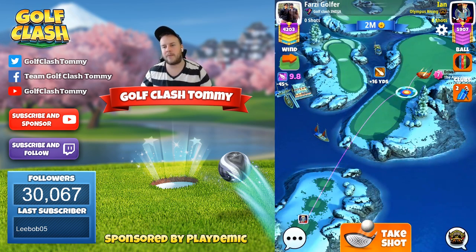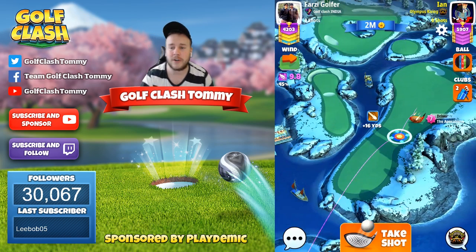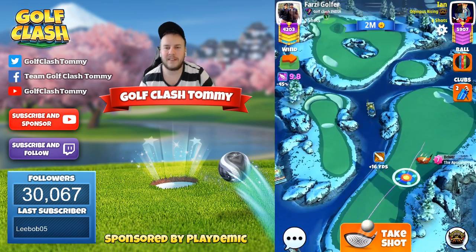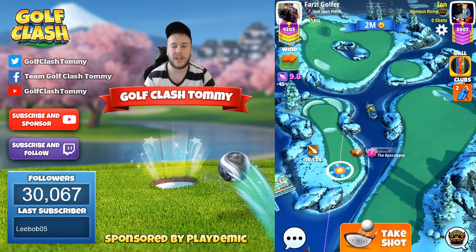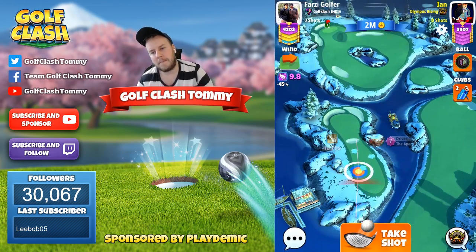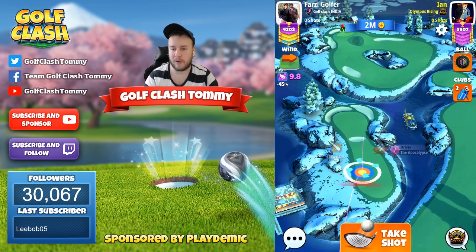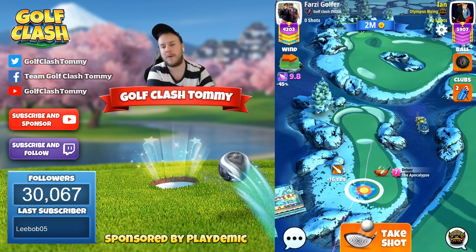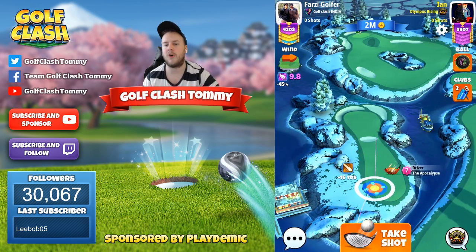You can see I'm playing with a new Centurion ball here. The Centurion ball is a power 3, wind resistance 4 ball with side spin 3. But if you do have a power 4 ball, please play with that one. I'm playing with max side spin and 2 bars of top spin here, and I'm going to go to bounce